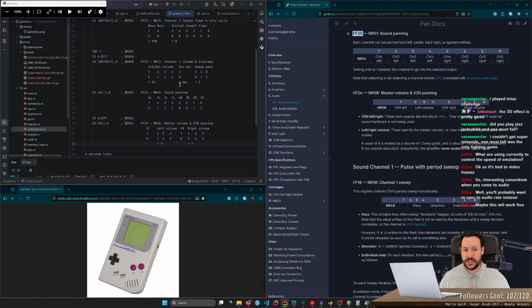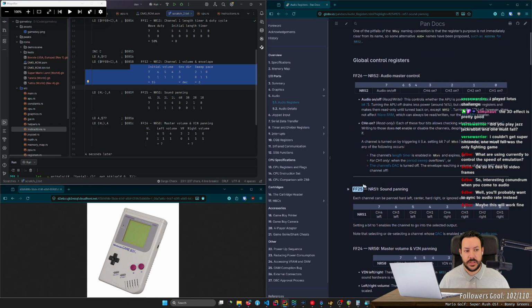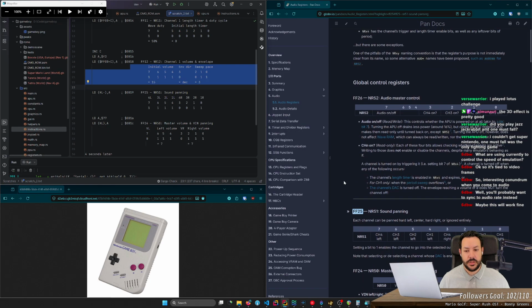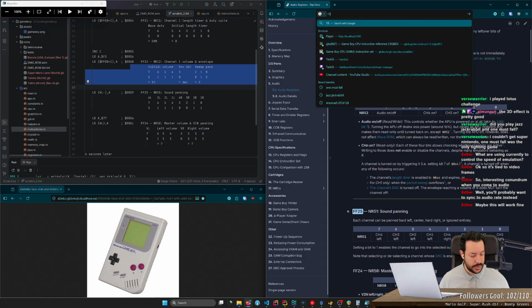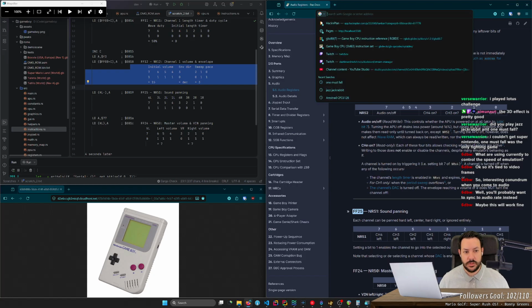So it's essentially max volume, how much each output should be scaled. Let's see. Oh, so it does 15 times 7? No. Neither is 16 times 8. No, I don't know.